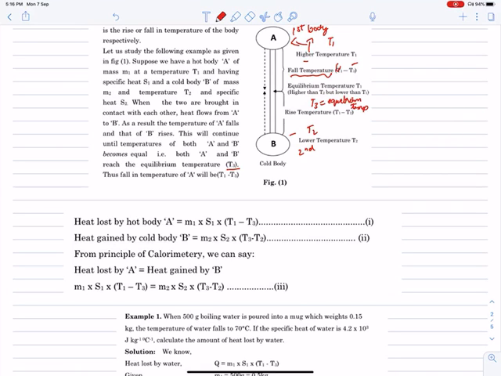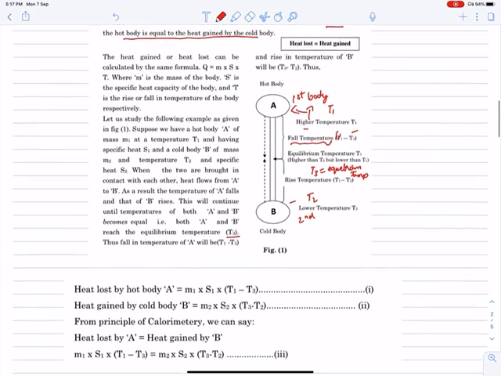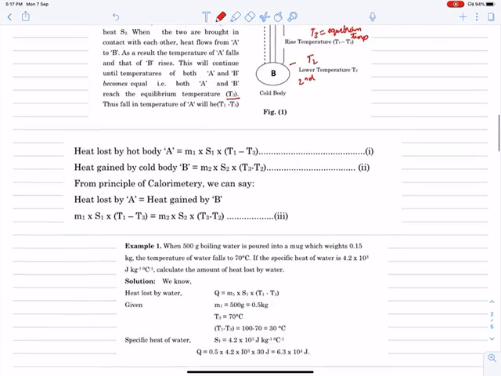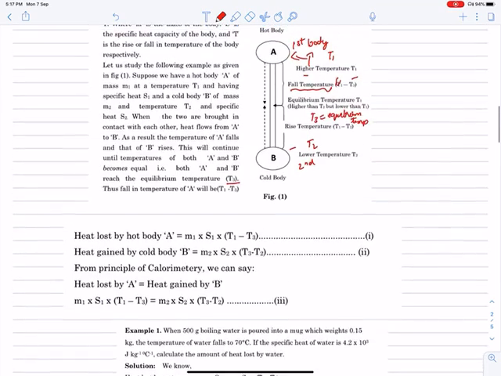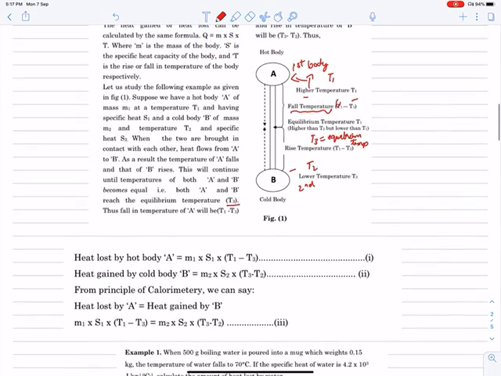So we will equate them, and this is your principle of calorimetry, which we say heat lost is equal to heat gained, or heat gained is equal to heat lost. So now you have understood this formula and also the concept, but it will not come yet when you do not solve numericals. To understand the concept of physics, or the written mathematics, you have to solve the numericals.